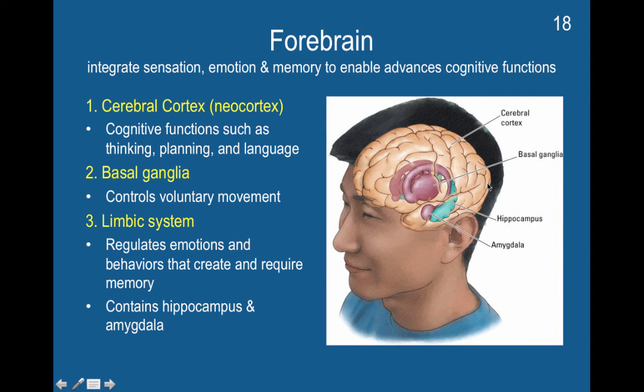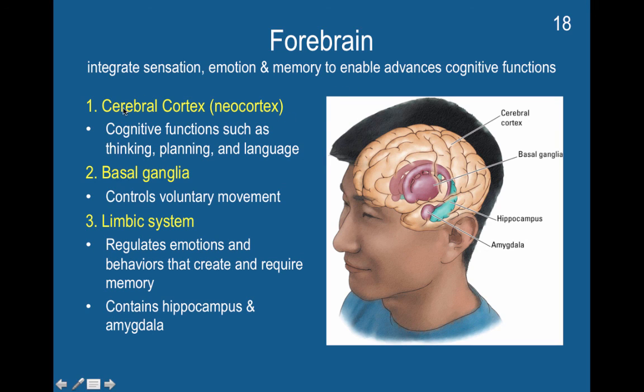Okay, so the forebrain, and again, the forebrain is the more evolutionarily recent. This includes the cerebral cortex, also known as the neocortex. And the cerebral cortex includes most of the regions of the brain that we've been talking about so far, the frontal lobes, the parietal lobes. We're going to be spending a great deal of time learning about the functions of the forebrain. That's where we're going to be spending most of our time for this course,